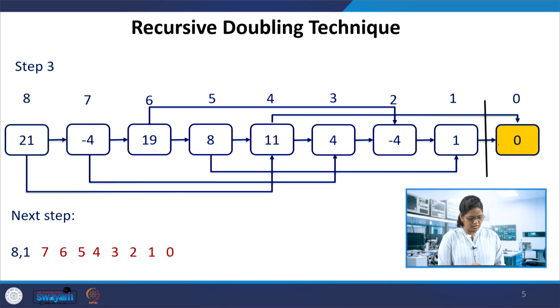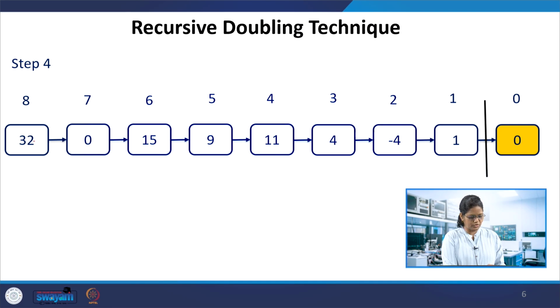So we get this resultant, which would be the 4th step, that is 32. The next one is 0, 15, 9, 11, and this is the addition of 8 and 4, then 7 and the third position, and 6 and 2 is the next position, and 5 and 1 is the next position. So it goes on. This is the outcome of step 3.